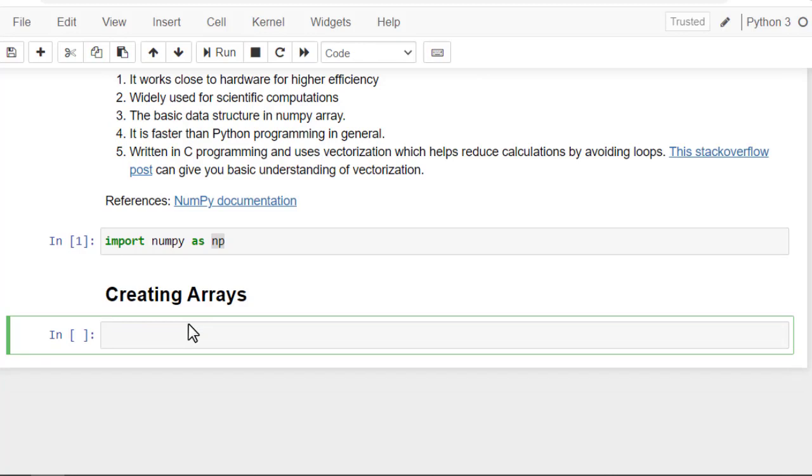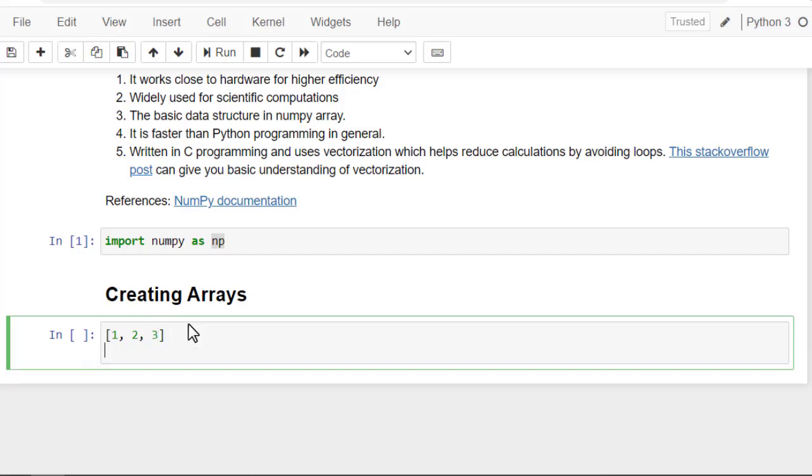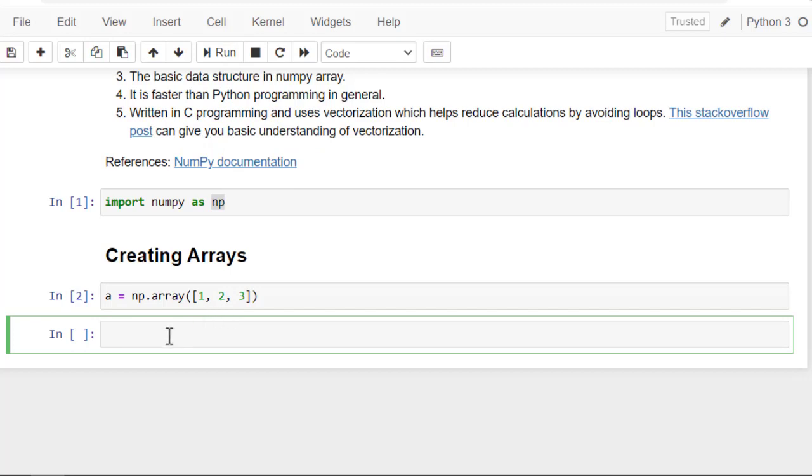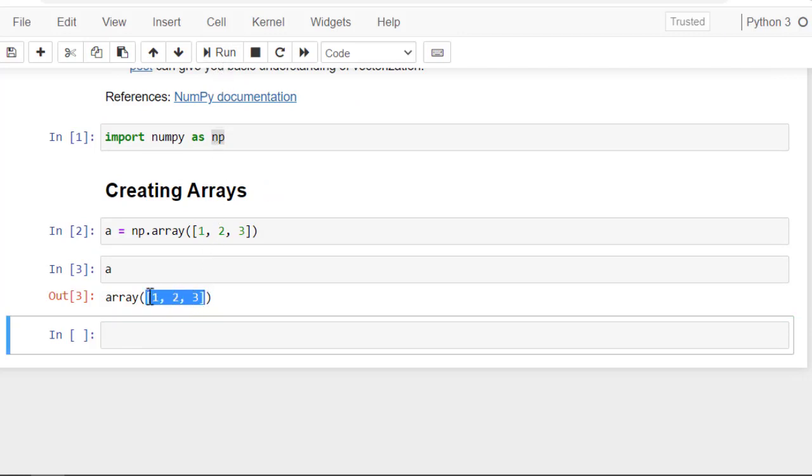If we have a list with elements 1, 2, and 3, we can create a NumPy array with these elements using np.array. In this function, we can pass the list object we have available. So if I pass this list into this function and assign it to a variable a, let's run this code. And now if I check the variable a, you can see that it returns an array with elements 1, 2, and 3. If I check the data type for this variable, it returns